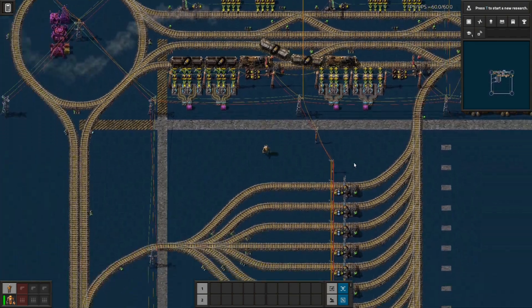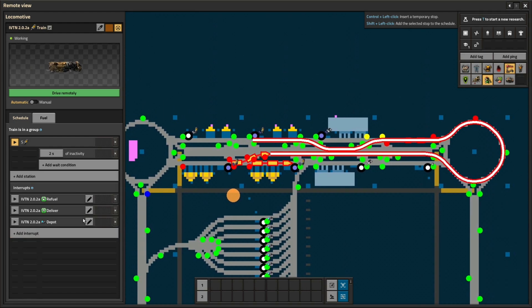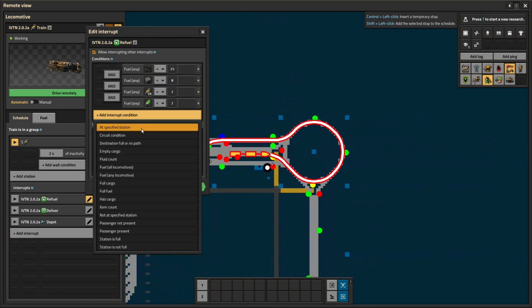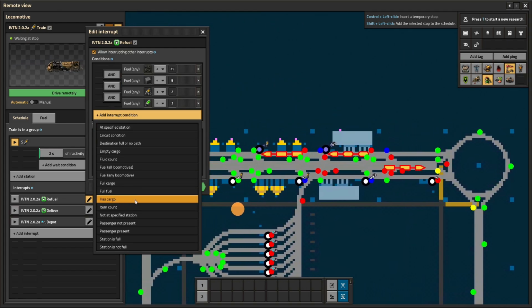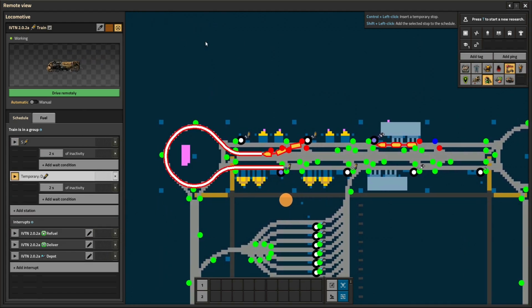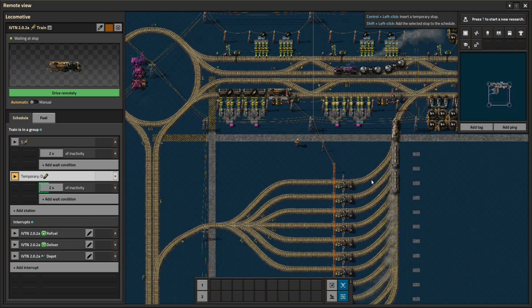Hopefully in the future they'll add something into the interrupt conditions here to make it where you can do a test that says has cargo capacity for a wildcard item, like one of these things, to test whether or not it's a fluid train or an item train. If there was a condition in there for that, you'd be able to easily support both flex fluid and flex item trains. But right now,